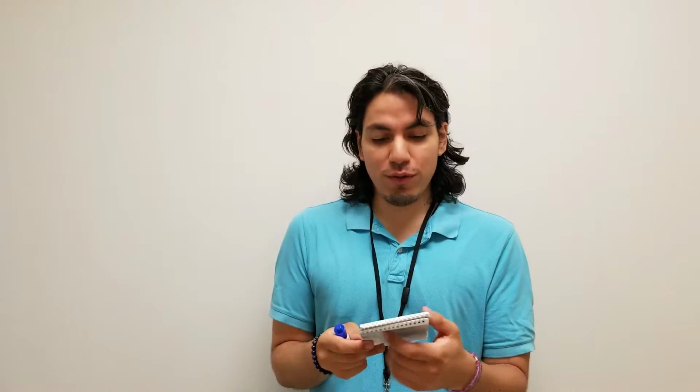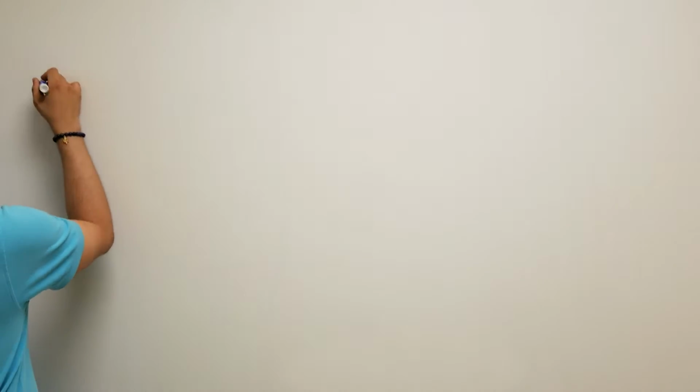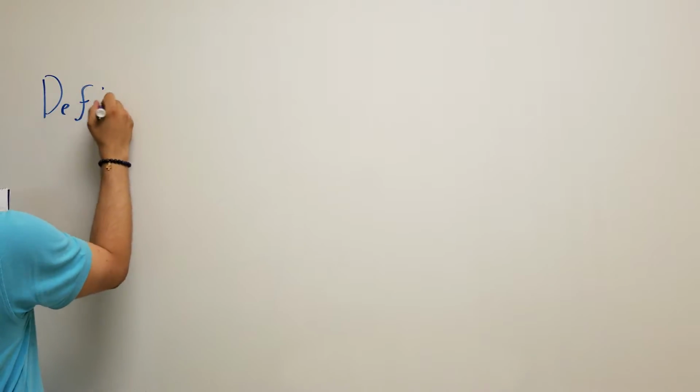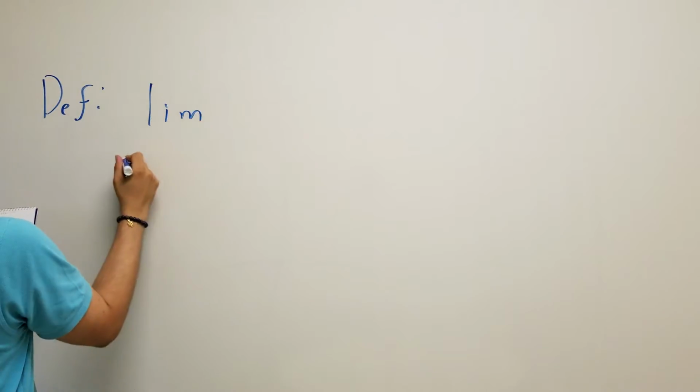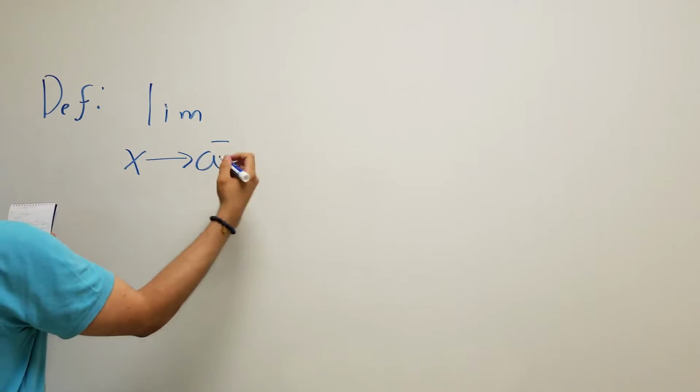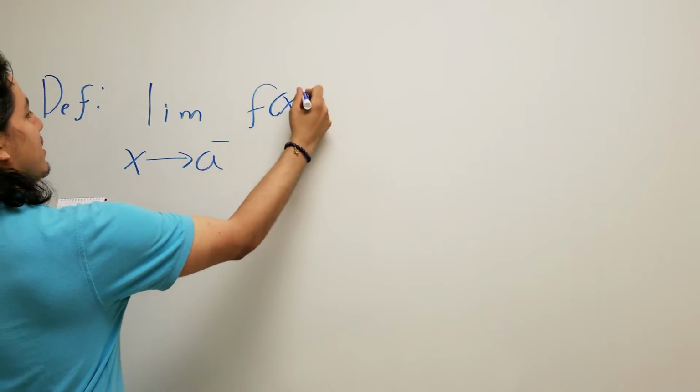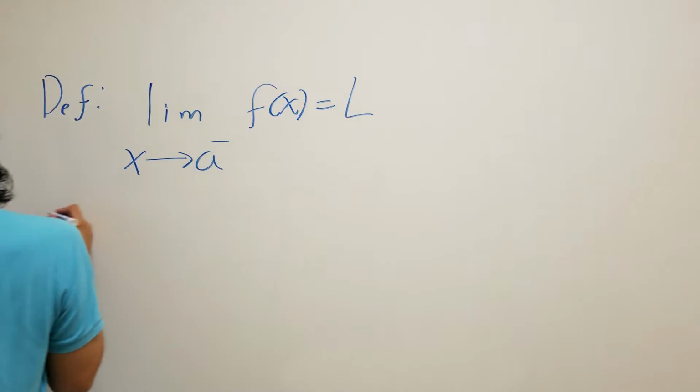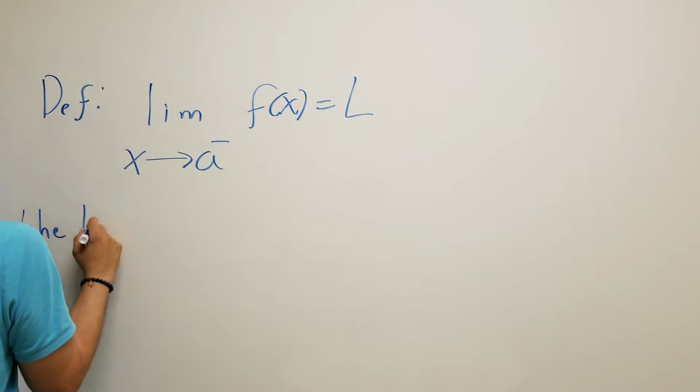Point is, what's the point of figuring out left and right limits? Isn't every single limit going to be the same? That's not always true. But before we get into that, let's write the definition of what it means to have a left limit or a right limit. So the definition is, we say that the limit as x approaches a from the left of f of x is equal to L. So we write the left